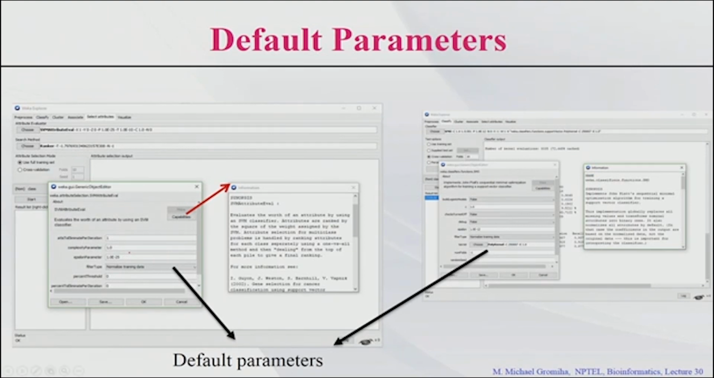Then for the classifier also we have various options, we can use these different file types or the different kernels we want. Here we use the poly kernel type. Also you can see all the details in the Weka platform. So, for any